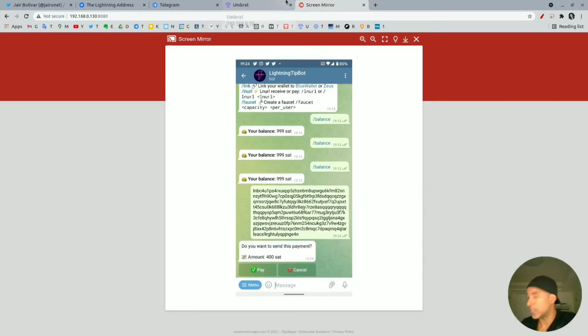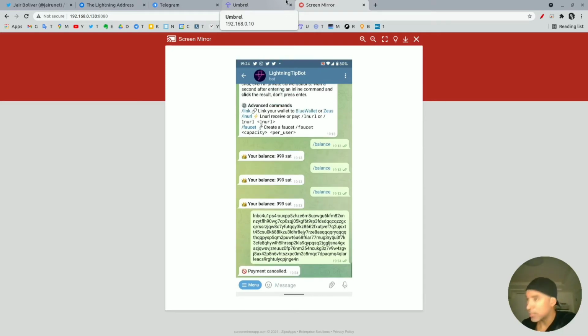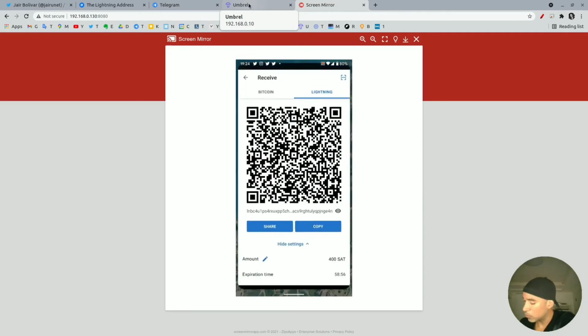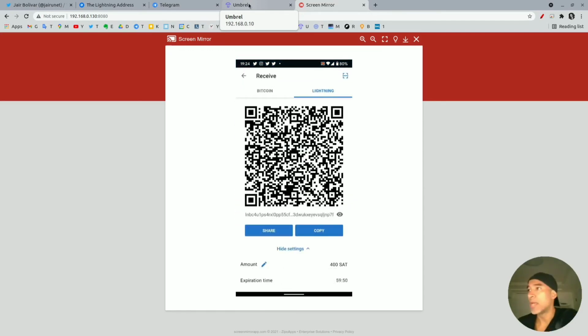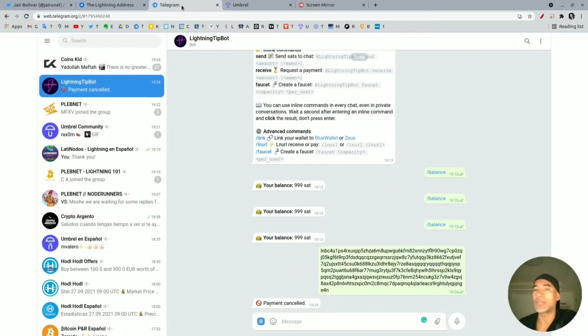But as you can see, I will not accept this payment here because I want to do it through the browser so you can see it better. So I will cancel that. However, we have the address of the invoice here for 400 satoshis, and what I will do is I will go back to the Muun one. Okay, so here is the invoice, and we go back to the Telegram application,